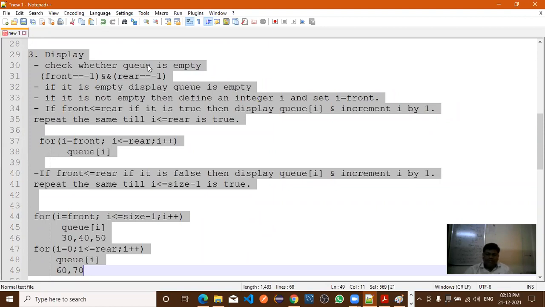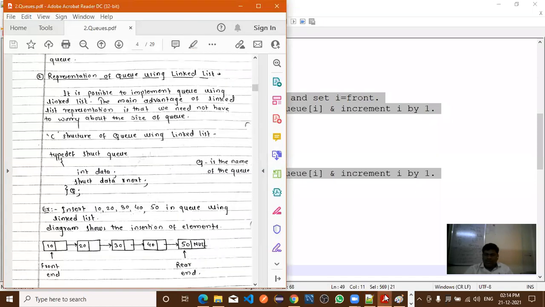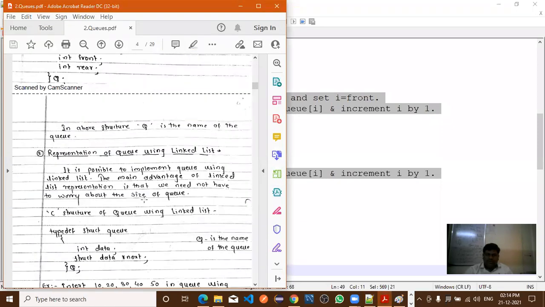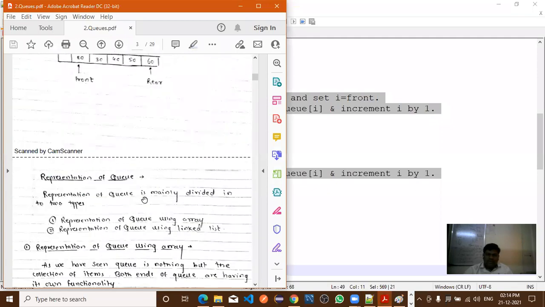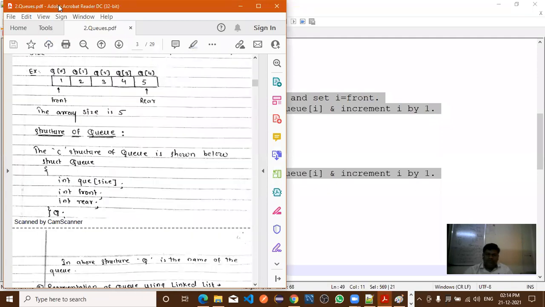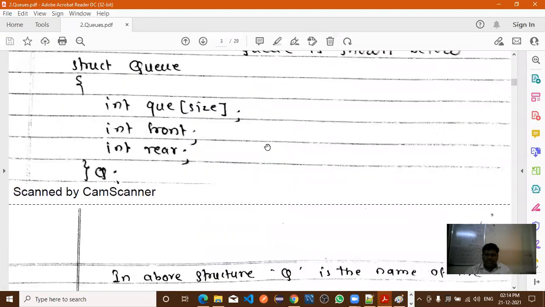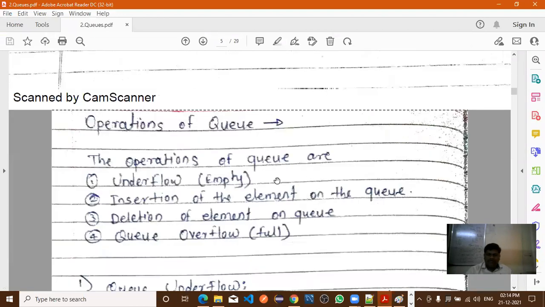Okay, any questions, any query? You can ask. So today we have completed the circular queue, right? And now within 2 to 3 minutes we'll finish the last part also. Last point, priority queue.